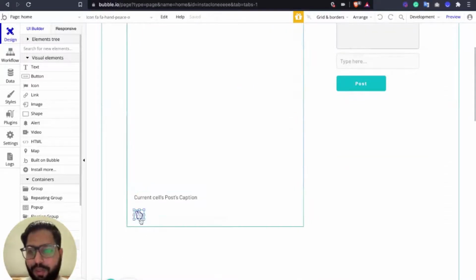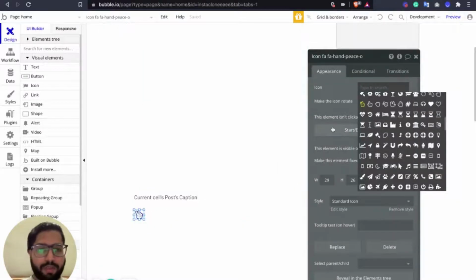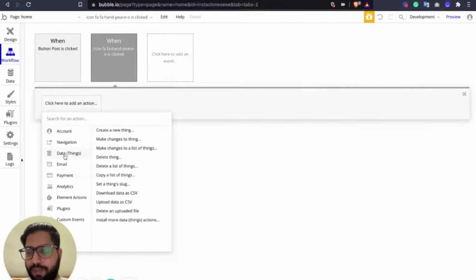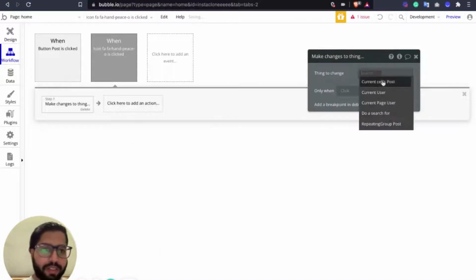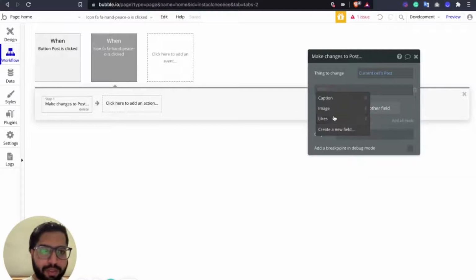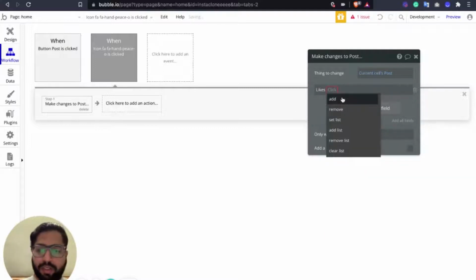So I'm just going to quickly add this like option. Whenever a user clicks on this, it should create a like on that post. So we're just going to start a workflow. Whenever the user clicks on this, make changes to a thing: the current cell post's likes.